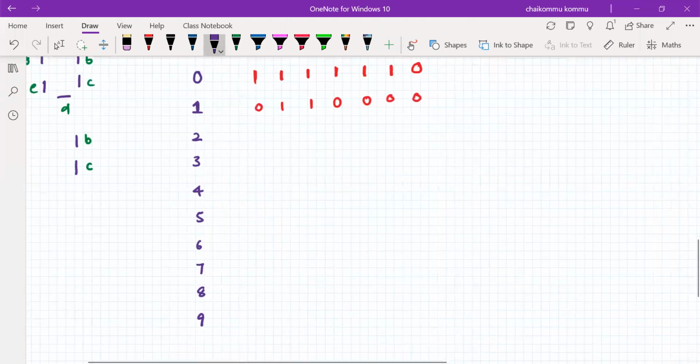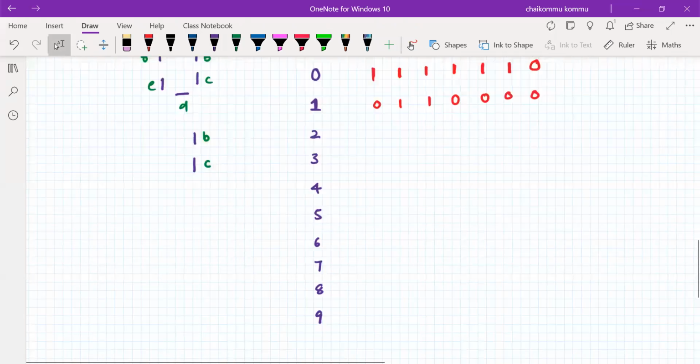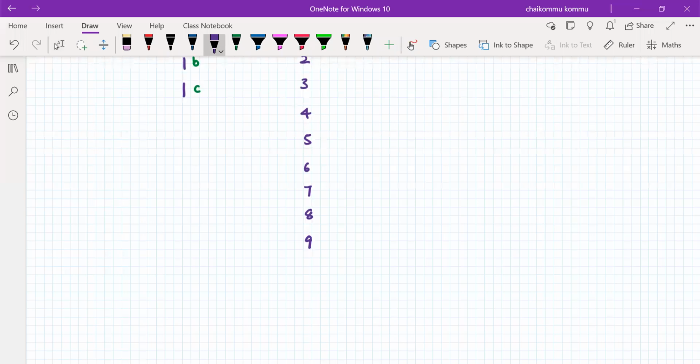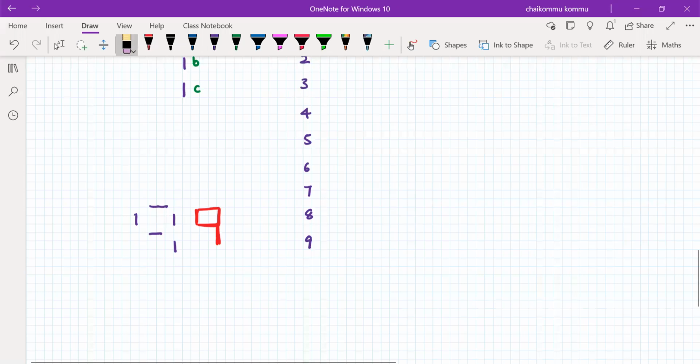For the 9, what I can do for simplicity: A, B, C, D, E, F, G, something like this. 9 means we should remove this one, right? We remove this also, so it becomes 9. So something like this, 9, okay? So that's how we can write it.